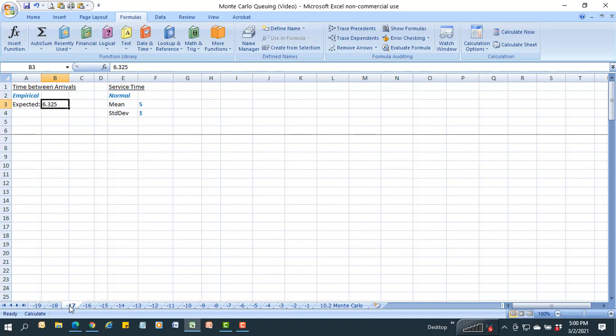So if I look at these two distributions, I can see that the arrival time of every 6 1/3 minutes is longer than the average processing time of 5 minutes. But because of the distribution of those 5 minutes and the empirical distribution, I'm probably going to have periods where I get arrivals faster than I'm expecting, or I do processing slower than I'm expecting. So even though the average service time is less than the average arrival time, meaning if I have a queue it shouldn't get too big, because in general things are arriving slower than I'm processing them,